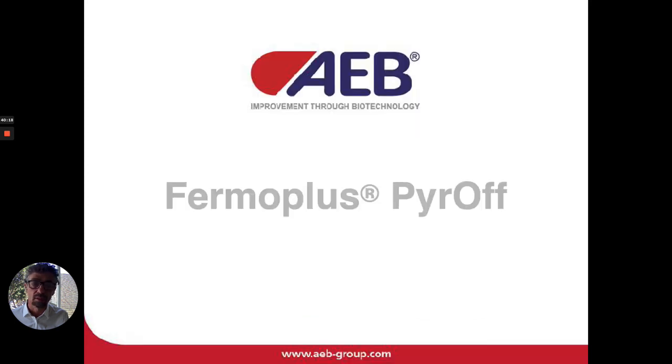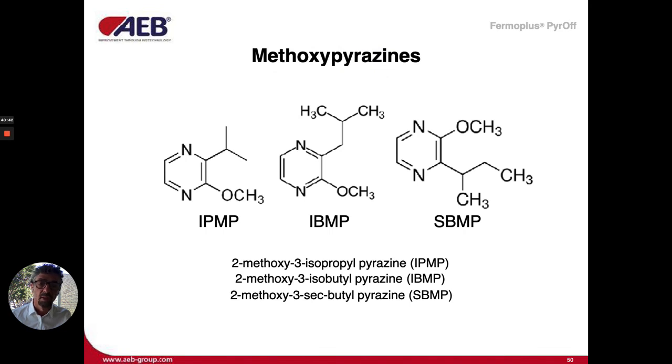Another product that concerns aromatics is the Thermoplast Pure-Off. We decided to include this in the presentation because methoxypyrazine can be a big part of the varieties that we mentioned, including Sauvignon Blanc, but especially Cabernet Sauvignon and Merlot. Methoxypyrazines come from grapes, so they're not secondary but primary aromas. They have different formulations. The most common is the IBMP,